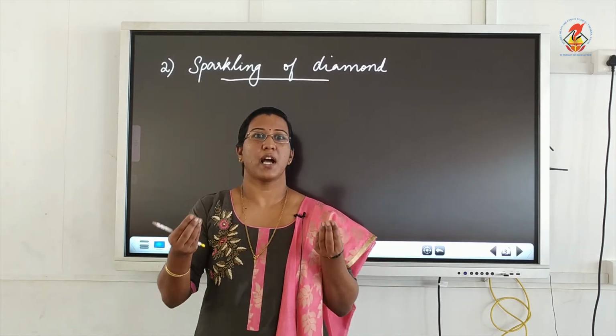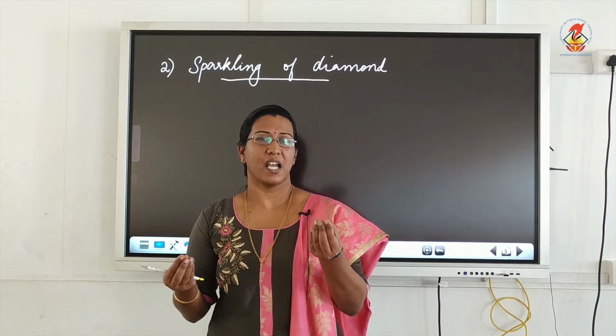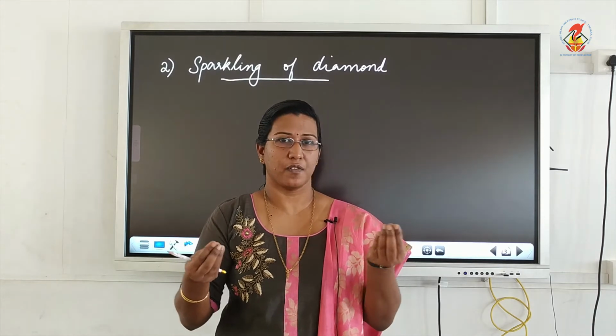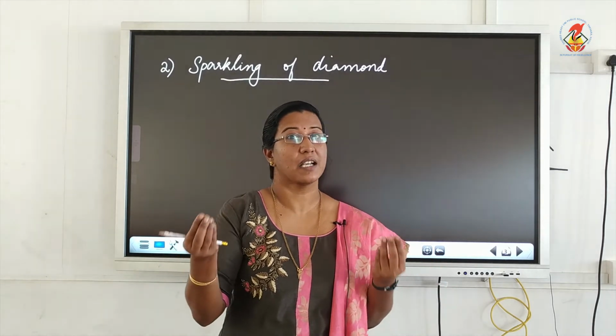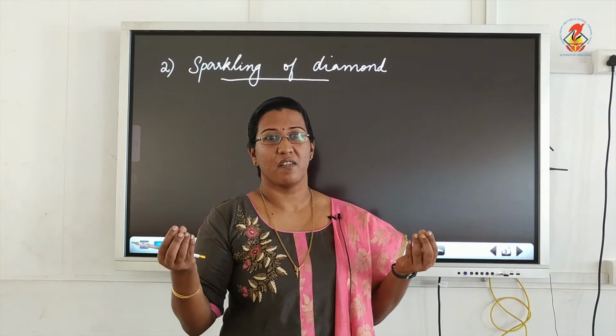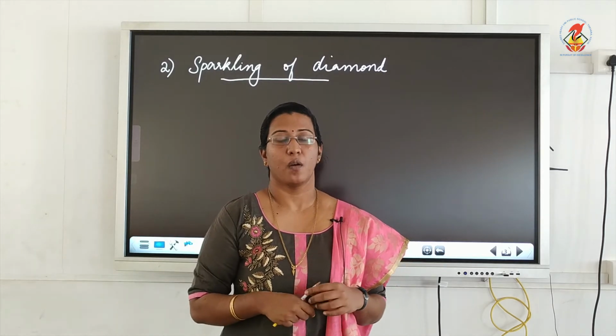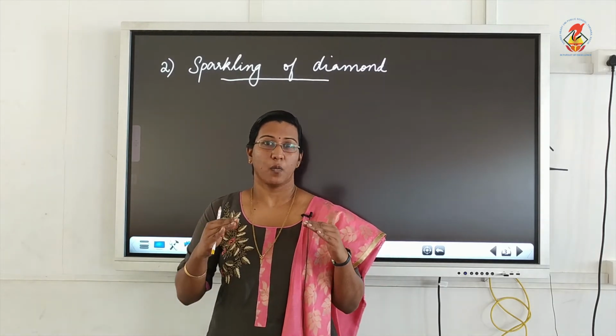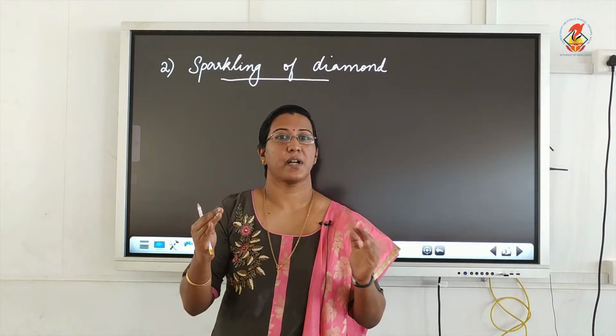If you take these two diamonds in your hand, you can see that the uncut diamond doesn't show much brilliance or much glittering. It will be just like a piece of stone. But the cut diamond, which is more expensive, will glitter like a star. Now why is this happening? It is because of the way the diamond is cut into that particular shape.